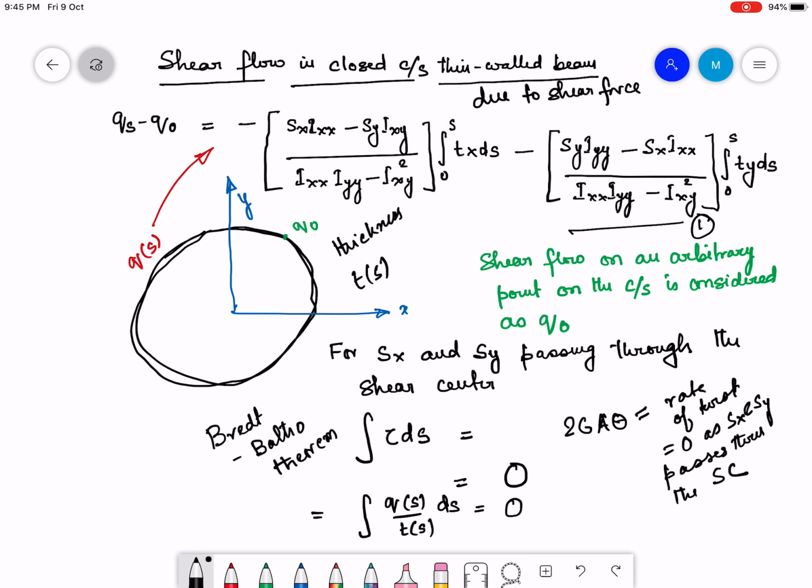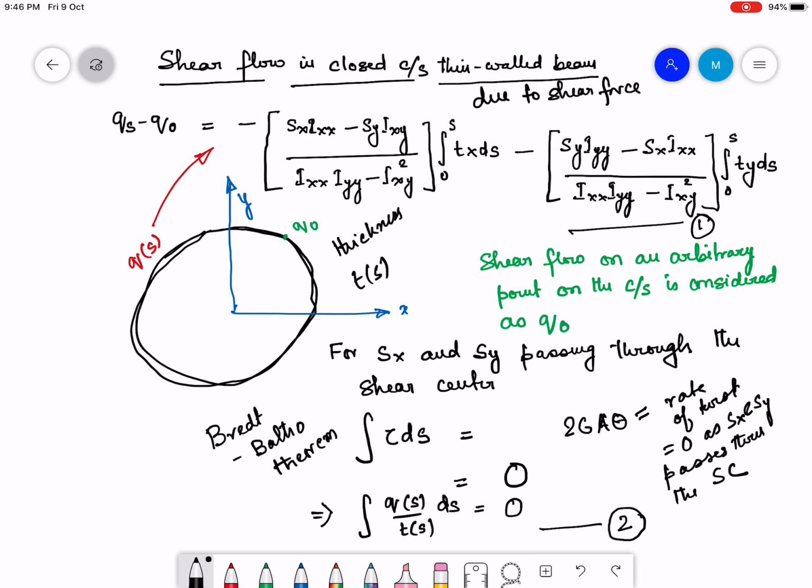So from this equation, the integral of qs by ts over ds is going to be 0. So this is the additional equation, which along with equation 2 is going to give me the